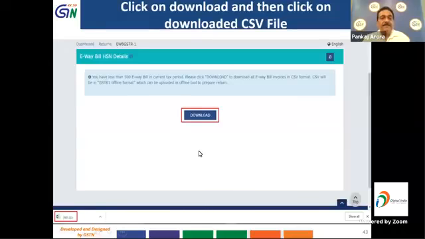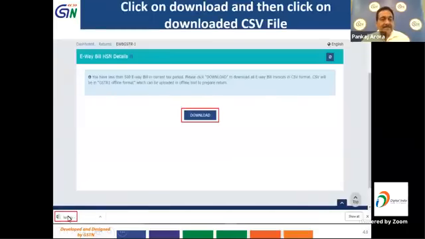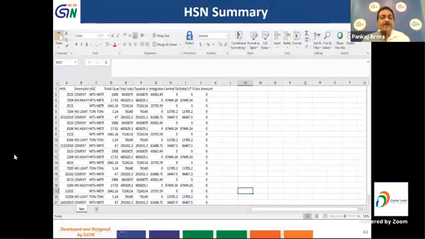Once you click on such button, the CSV file generates and opens up. You will have to check for the accuracy and completeness of such record, and you can edit such record if need be before